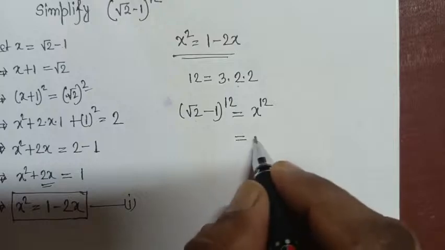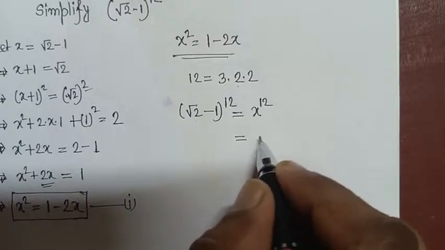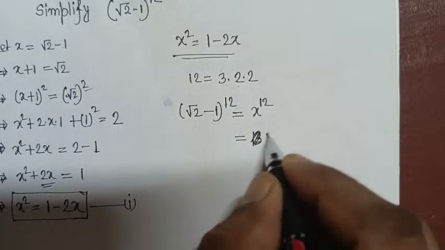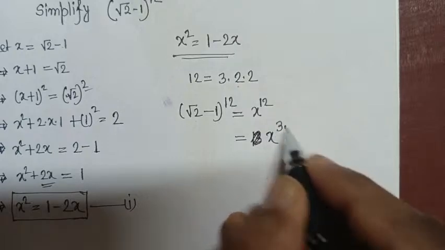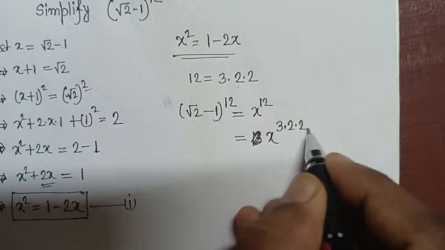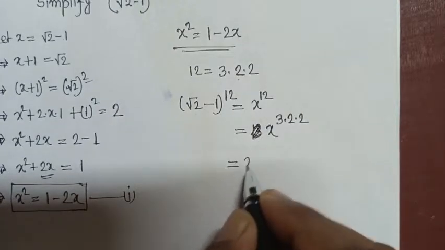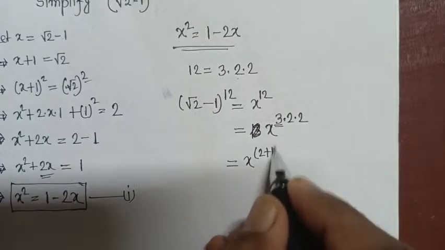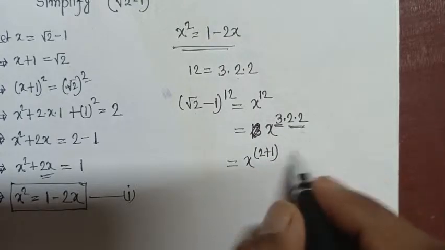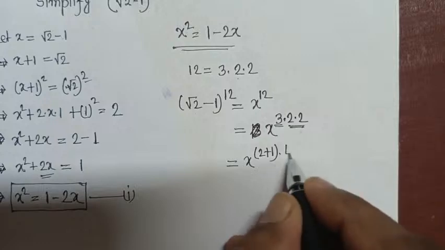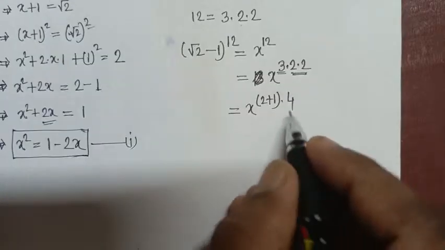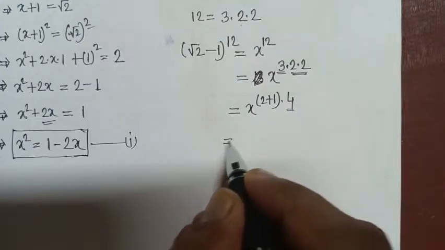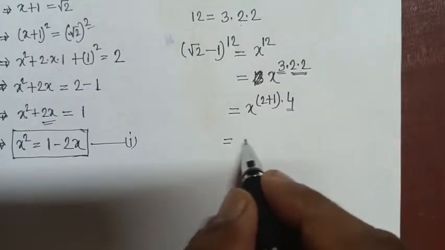Now we are breaking that 2 to the 12, x to the power 3 dot 2 dot 2. So now we can write that 3 2 plus 1, and now considering that we take 2 and 2 is equal to 4. In future we will break again 2 dot 2. So now we can write that